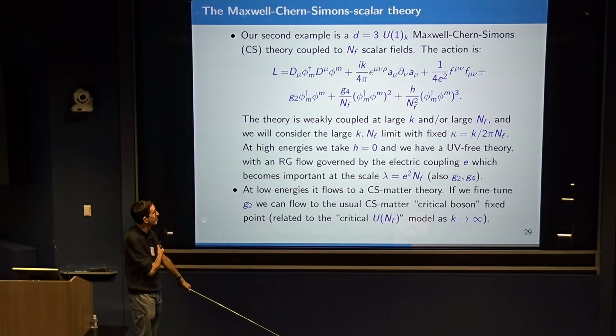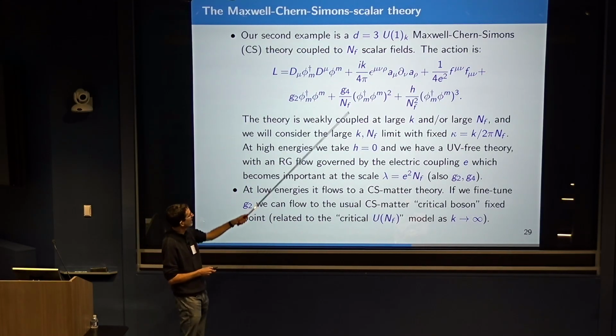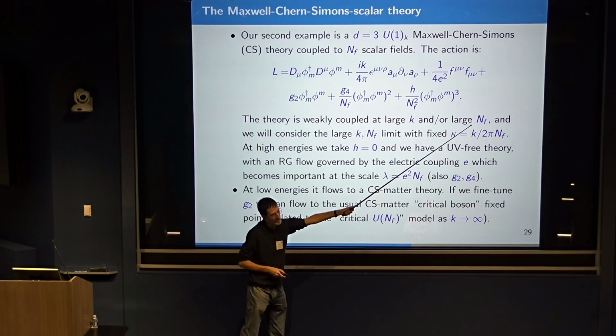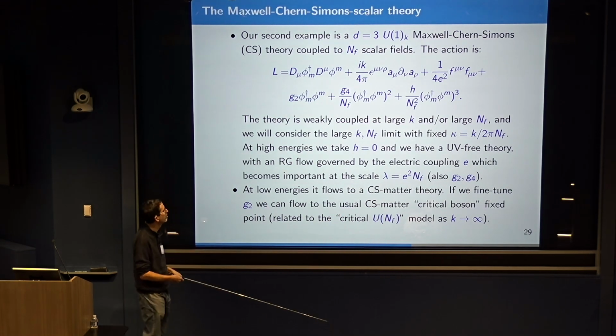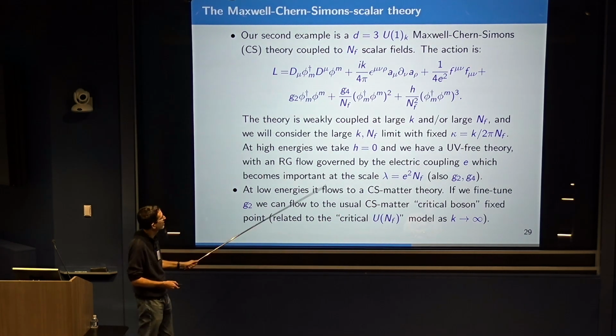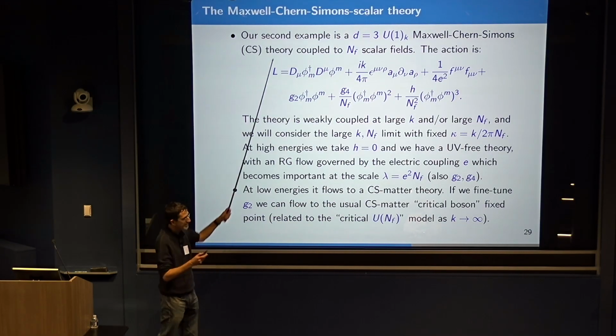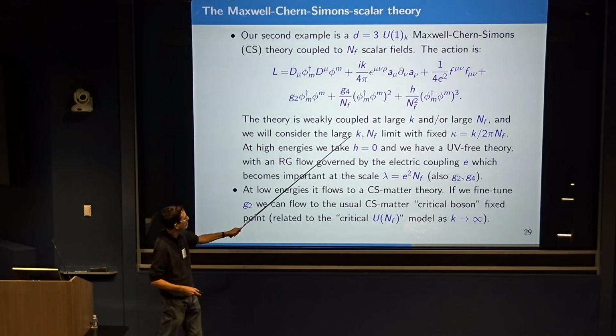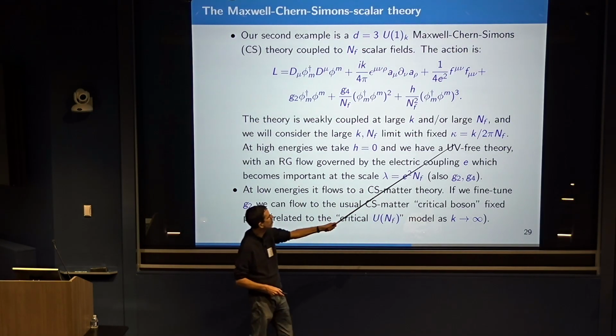So this theory is weakly coupled if either this Chern-Simons coupling k is large or the number of flavors NF is large, and then we have a 1/NF expansion. And in particular, in order to have a continuous parameter, we'll again take the limit. So in this case, the number of colors will stay 1. It does not go to infinity, but these two discrete parameters, k and NF, can be taken to infinity with